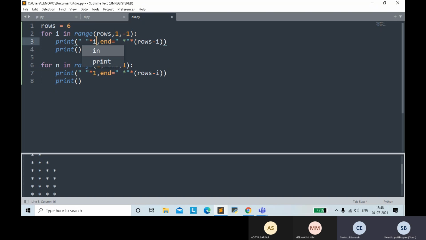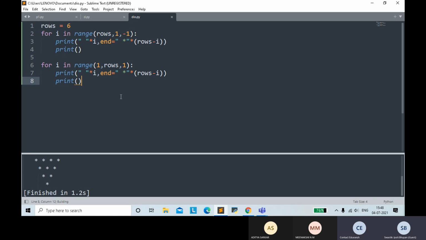Also in the 7th line, here it is n because you have used the n variable, not i. In the 7th line, it is n, not i. Or just change this n into i, whatever. 6th row, change that n to i. Yes.